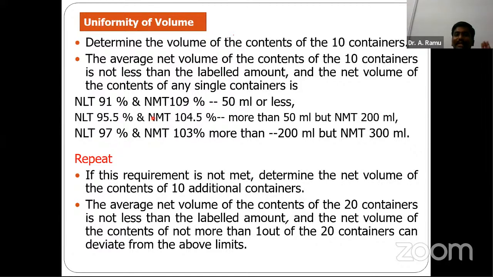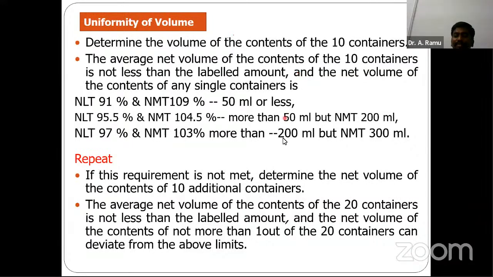That is, the net volume of the contents in any single container should not be less than 95% and it should not be greater than 104.5%. So if it is more than 200 ml, plus or minus 3% deviation is acceptable. That is, the individual volume of any container should not be less than 97% and it should not be more than